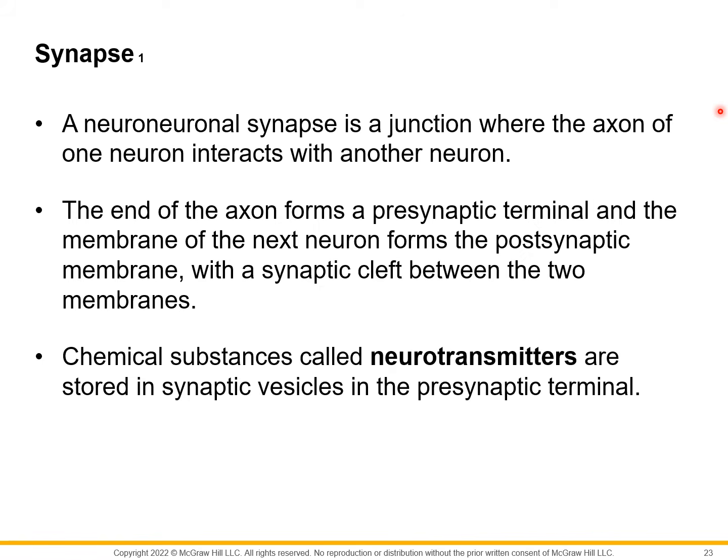Next term that we need to know are neurotransmitters. So any chemical being released by one neuron through its axon at the presynaptic terminal na mapupunta doon sa postsynaptic terminal ng katabi niyang neuron is known as a neurotransmitter. Again, isimplify po natin yung explanation na yun. Neurotransmitters are chemicals released by neurons that could send signals to other neurons.